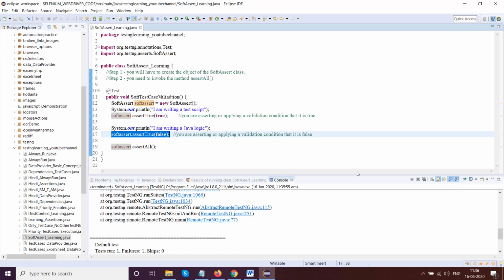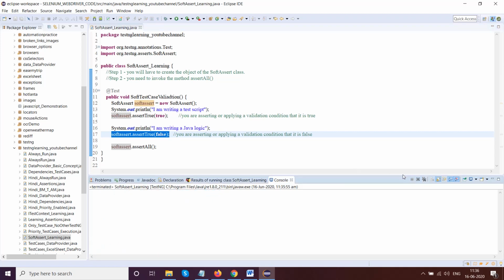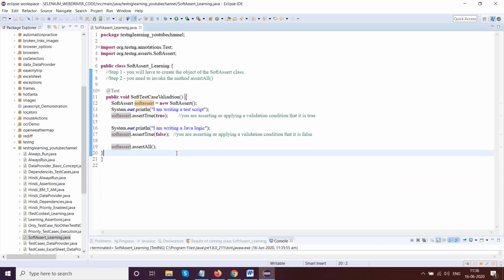Now the question comes into your mind, why do I need to use soft assert? I can do the same thing with assert as well. In my next video, I'll tell you why we need soft assert and why it is much better practice to introduce soft assert instead of assert. Okay, for now let me answer your question here.